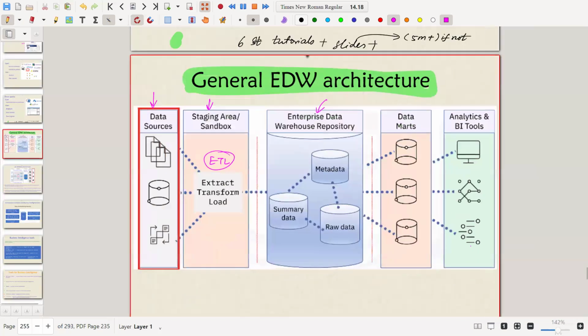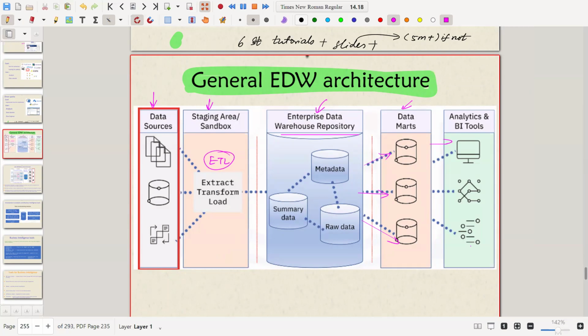As you can see, this is the enterprise data warehouse repository. And I told you already that if you are using an enterprise level data warehouse, then it is better to use Inmon's approach. If it is Inmon's approach, you should have the data warehouse first and then data marts. So here the data warehouse came first, where you store everything, and then you give it to particular departments like financial or personnel, depending on the specific department. This is the data mart. And then after that you can give it to different business intelligence or analytics tools for visualization or data analysis.